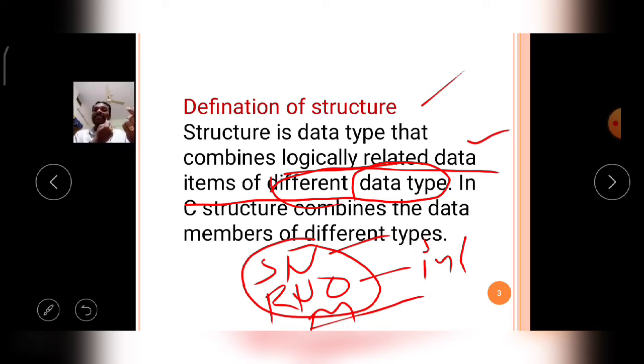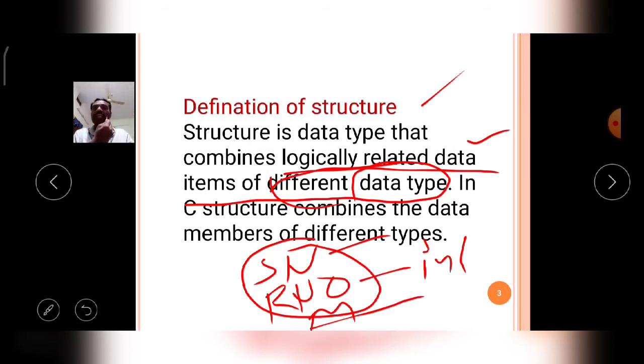These data items are the members of the structure. Under a particular structure name, the different data items are clubbed together, that means wrapped together, binding together in the form of members of the structure.